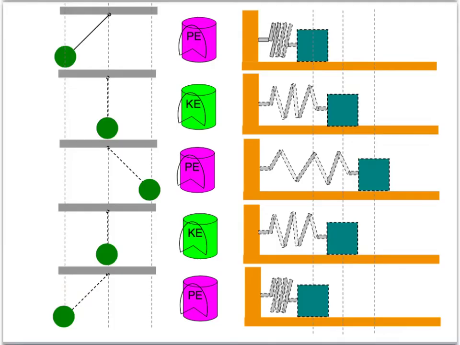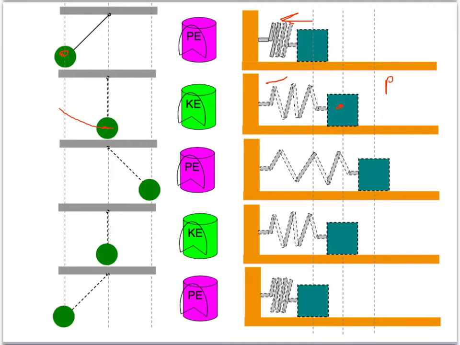To start our discussion on simple harmonic motion, we're going to look at the energies for pendulums and for a mass attached to a spring. And these two things are analogous. So the rules that apply to a pendulum apply to a mass oscillating or moving back and forth on a spring. So energy transformations occur the whole time. When we've got a pendulum at its highest point, it has all potential energy. And when we have a spring that's compressed however far we're going to squish it, it has all potential energy. Once that pendulum's at its lowest point, all of that potential has been converted to kinetic. Once the spring is back to its equilibrium length, all of the spring potential it had from being compressed,